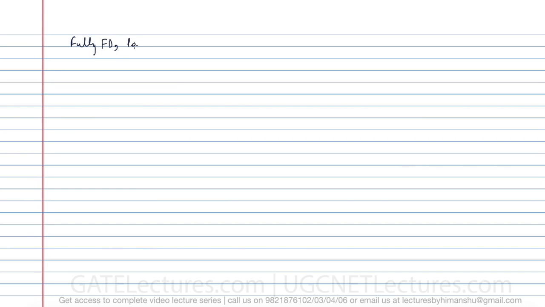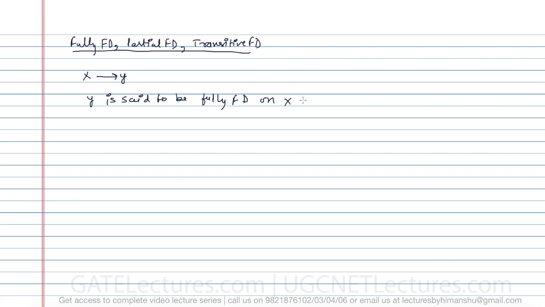Second one, what is a partial functional dependency, and third one, what is a transitive functional dependency? Okay, so assuming that we have X determines Y, where X is some set of attributes and Y is some set of attributes. Okay, so you can say Y is said to be fully functionally dependent on X if